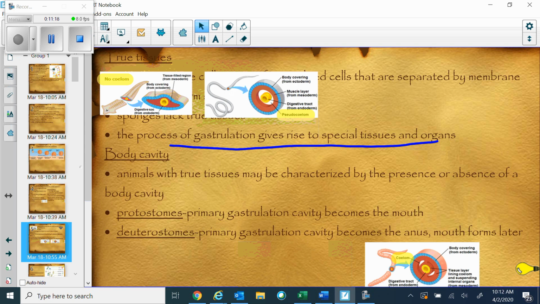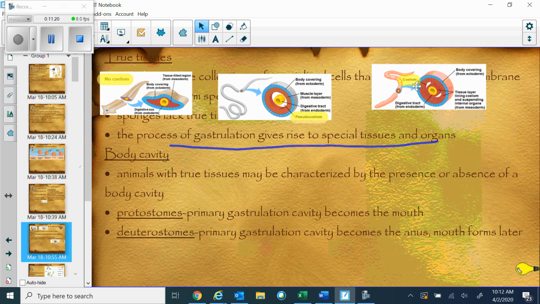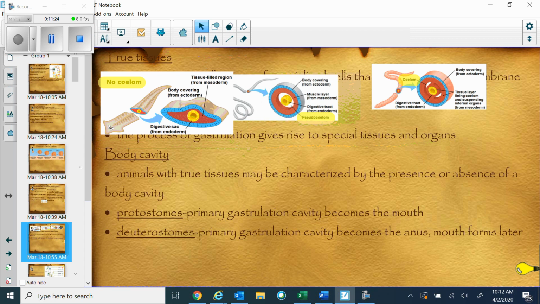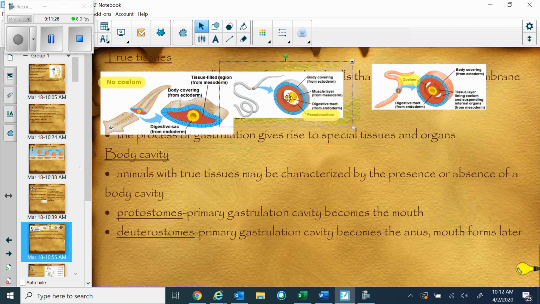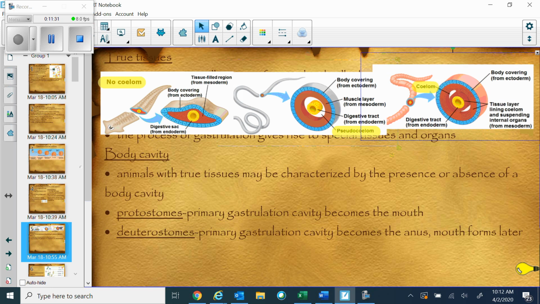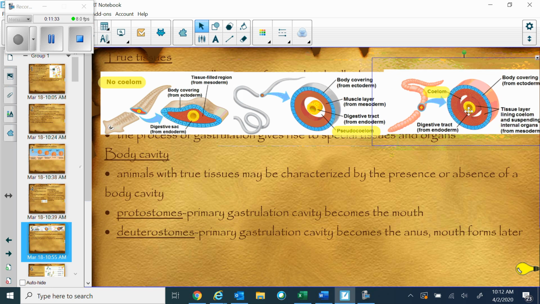Body cavities are another issue we look at in terms of specialization, and the cavities become more predominant in the creatures that we're going to call more advanced. Now these guys are still living, they're still effective at doing so, they're just not as advanced by these standards, okay? So what we have to highlight is the presence or the absence of something referred to as a coelom,